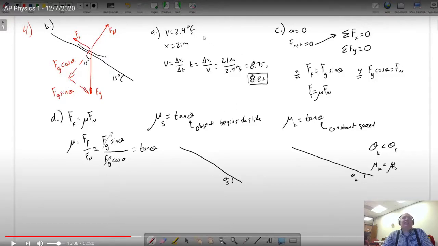I really thought it was interesting that he didn't harp on the fact that the velocity was constant while doing part A, but he came back to part B and C, and it's like, whoa, hang on a second, there's something really interesting going on here. And I also really loved the algebraic work that he did here, and then this discussion that he had, because this can be really confusing to students, that the equation looks exactly the same, but it's because the angle is